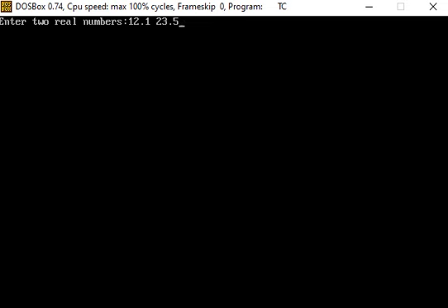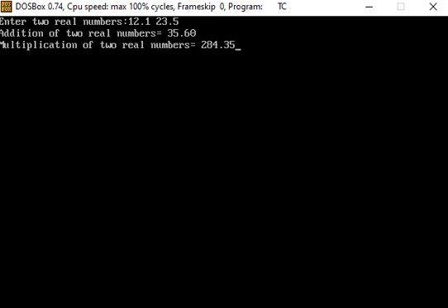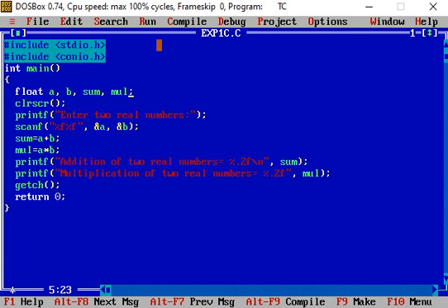And when we press the enter key, the addition of two real numbers as well as the multiplication of two real numbers are displayed. Now press the enter key, that brings us to the coding window.